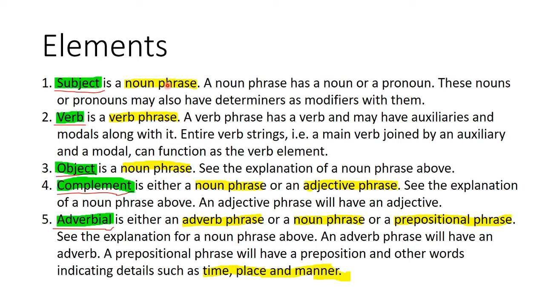You can see that this noun phrase is overlapping a number of elements, at least 4 of these. It can be a subject element, it can be an object element, it can be a complement, it can also be an adverbial. So what's the difference? How do we know if a noun phrase is the subject or the object or the complement or the adverbial? If a noun phrase is representing the subject of the verb, that is, the noun phrase is performing the action, then it is the subject of the verb. If it is the state of being which the verb is representing, then it is also the subject.